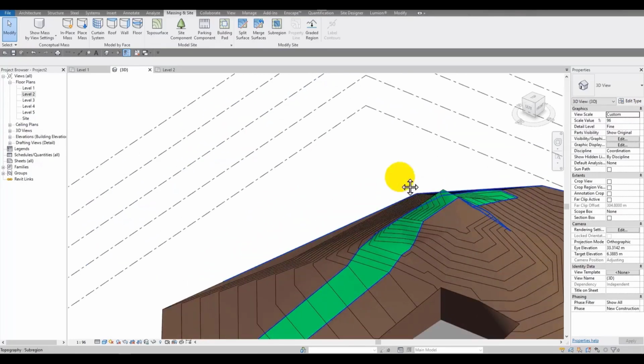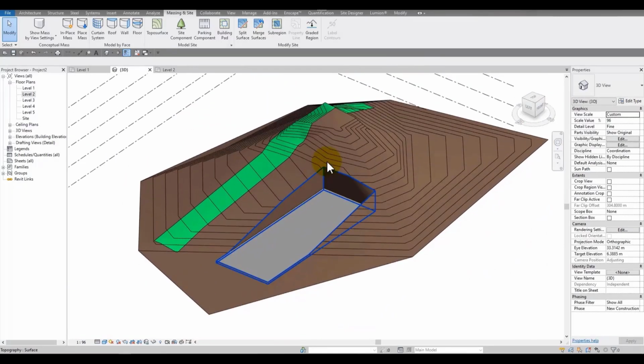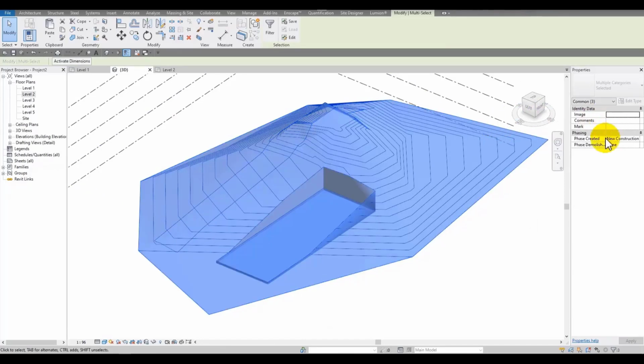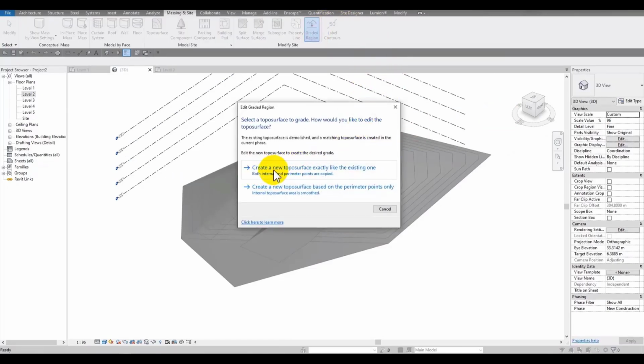Okay, there's a question. Can we measure the amount of excavation? Yes, we can. I select them here in phasing. It's in new construction. The change which we applied for this, when I change this to existing, we will see the current situation and all of them will be gray. When I select graded region and create a new toposurface exactly like the existing one,